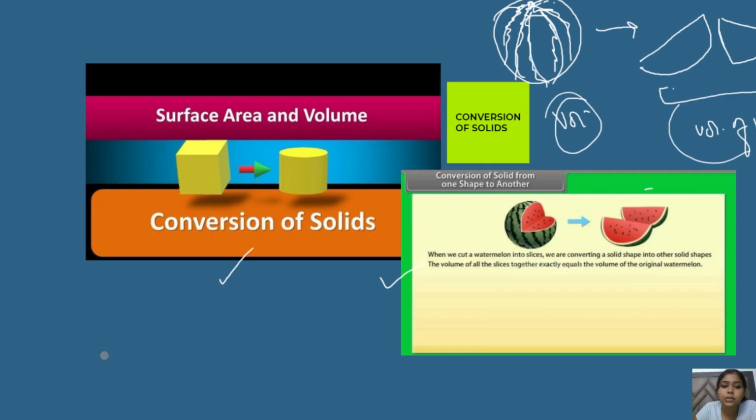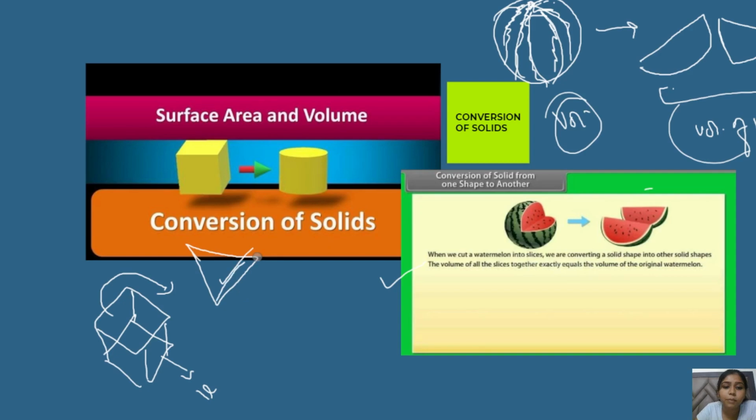For example, here is a cube. Let's suppose it contains 1 liter of water, and you transfer this 1 liter of water into a conical vessel. You have transferred it and it is also full. So you know that the shapes are different, but both of them contain 1 liter of water.